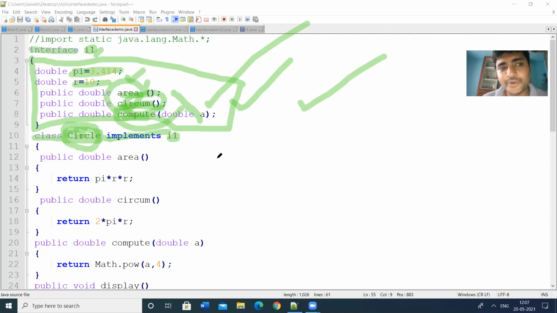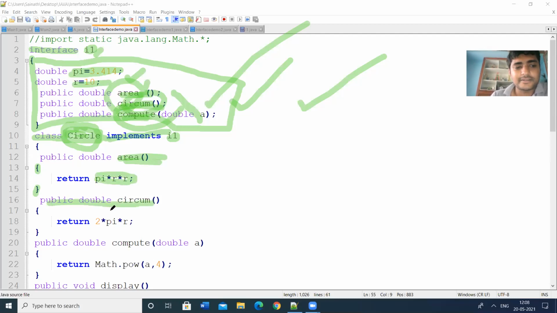So here we have to define the abstract methods. First method, area. Defining means within the braces we can write something. So area is pi r square, pi into r into r.